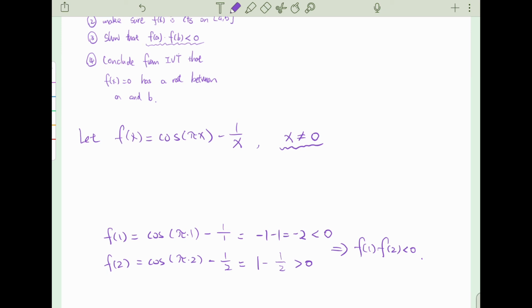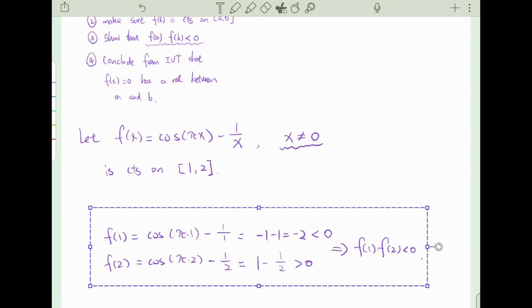This function I've just created, it's continuous on this interval 1, 2, right? I don't know I should choose 1, 2 before I try this out. Okay, so I fill out this gap, and then